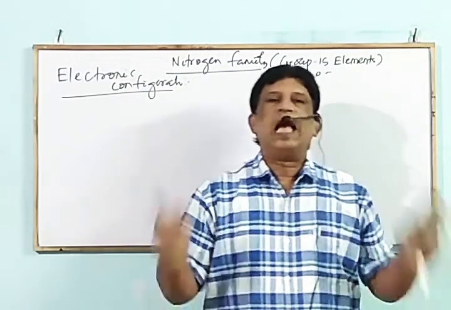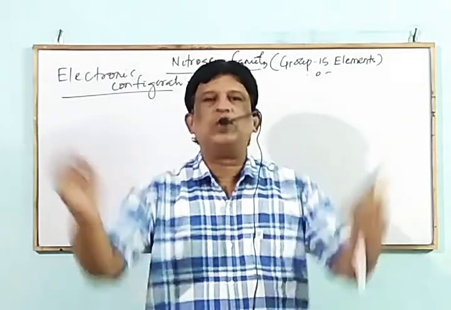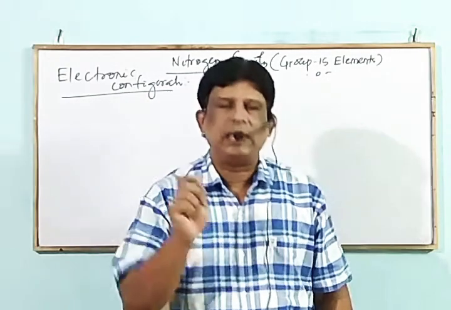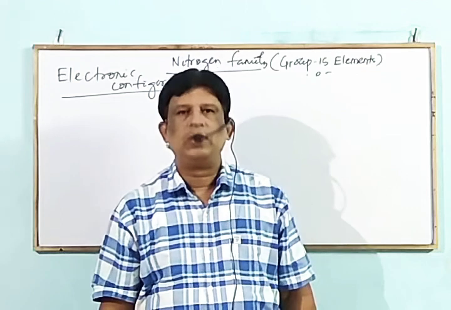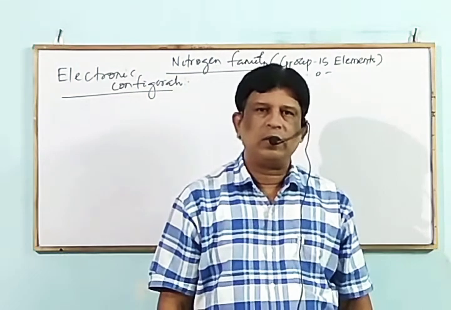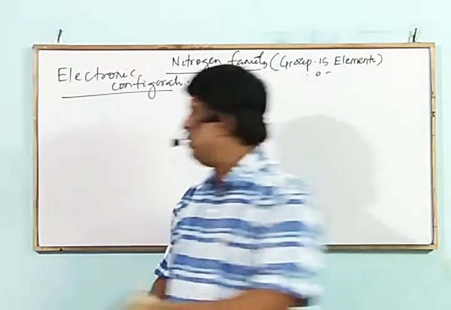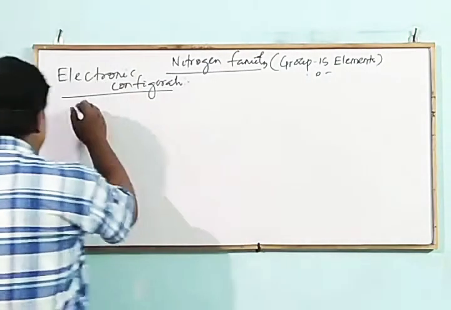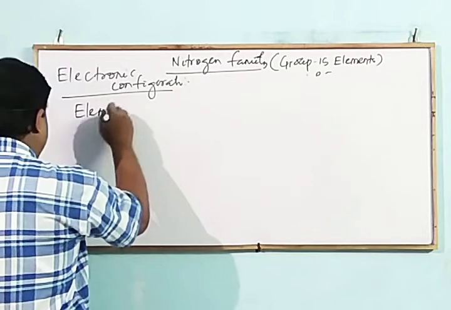That means they have a strong tendency to attract an additional 3 electrons to get the nearest noble gas configuration. Mark that in the form of a table,